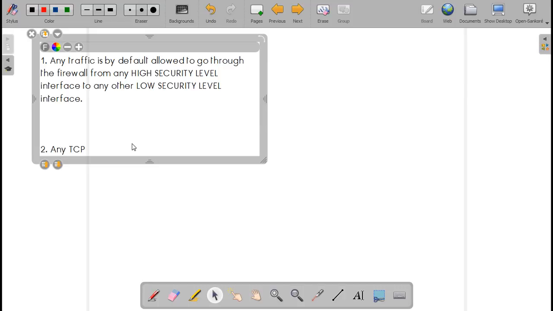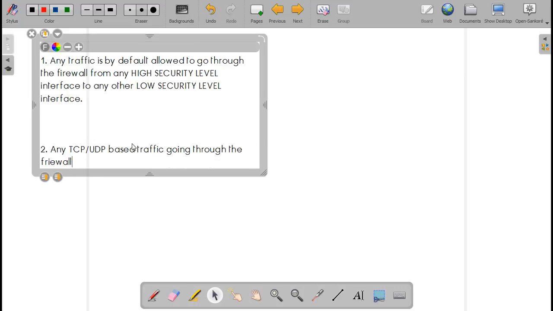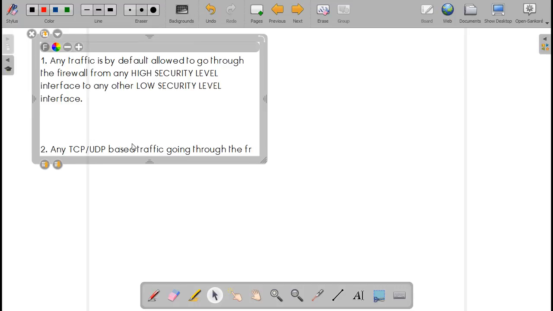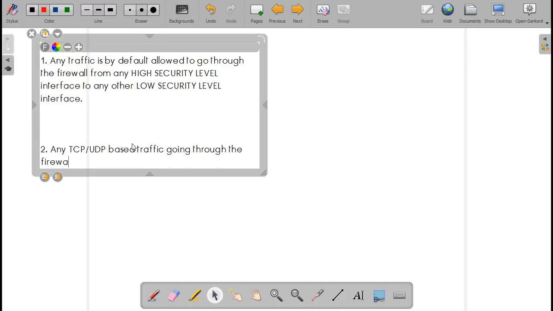Any TCP or UDP based traffic going through the firewall is by default implicitly inspected.